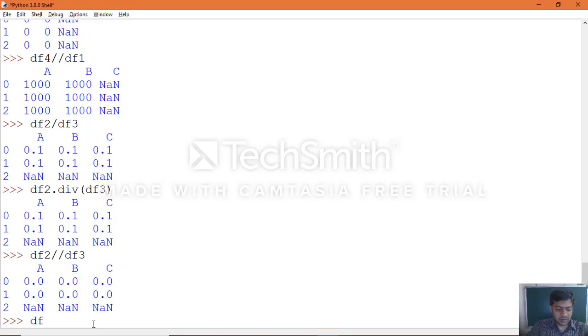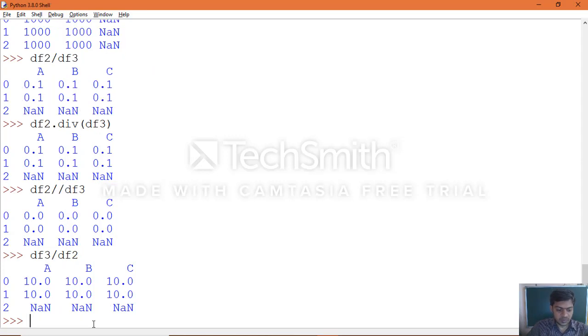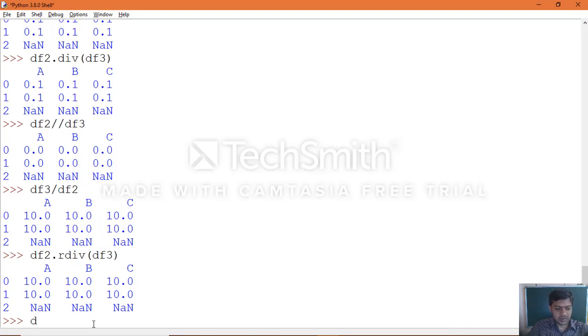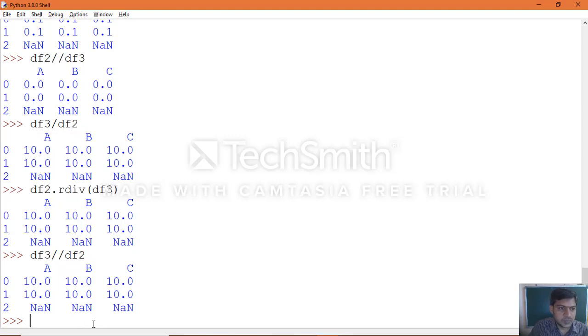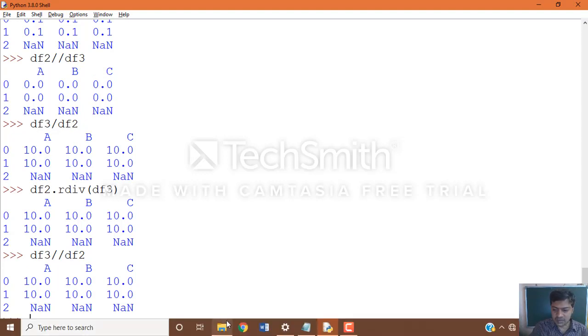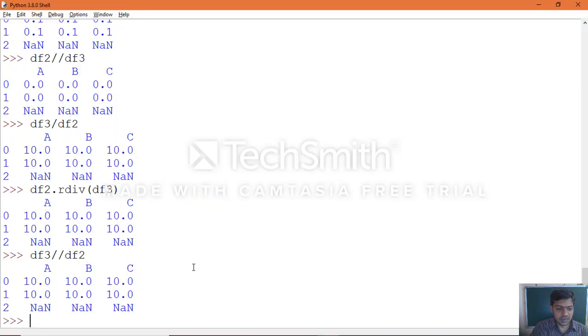Then apply the other way, df3 divided by df2, then the reverse division. Now apply df3 floor division df2. That is how this set of statements gives you results.